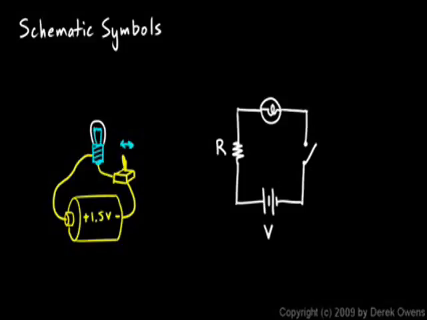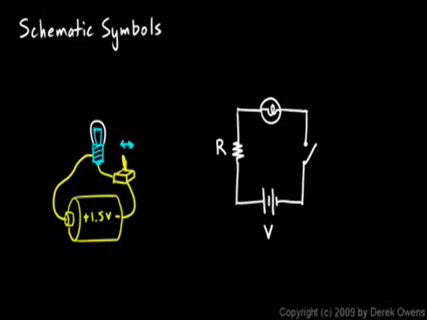So there's a simple circuit diagram drawn with schematic symbols, and all the little things that can go into a circuit have a little symbol. And you can see that the diagrams can be kept neat by keeping the lines straight and at right angles. And all of the symbols here that we've gone over, you should know for this class. You should know the schematic symbol for a light bulb, for a switch, for a battery, for a resistor,